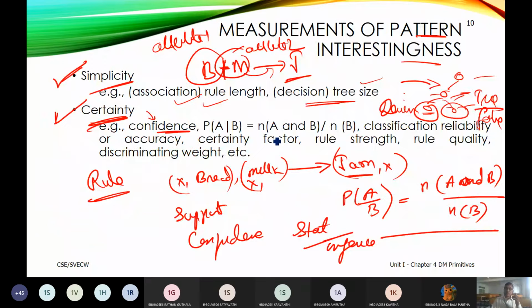Measurements of patterns will go with more interesting words like simplicity. So simplicity deals with